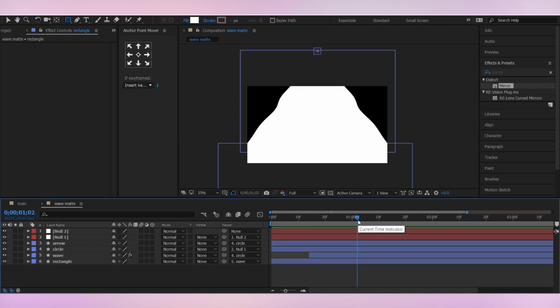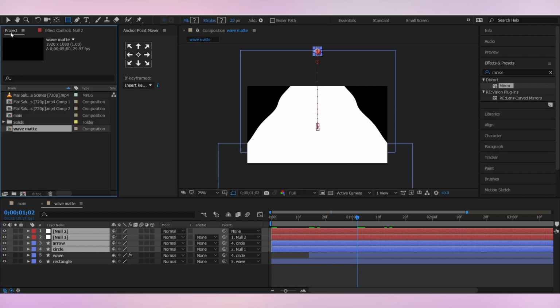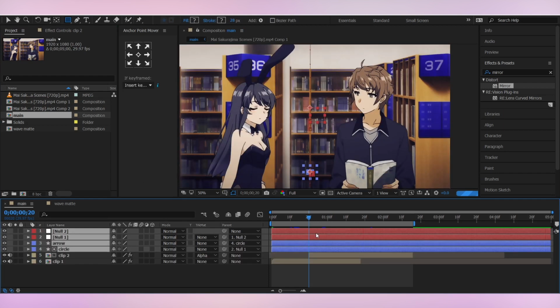Alright, so the last step, we're gonna use this in our main composition. So for that, copy the first 4 layers, hit Ctrl C to copy them, go into your main comp and paste them here.